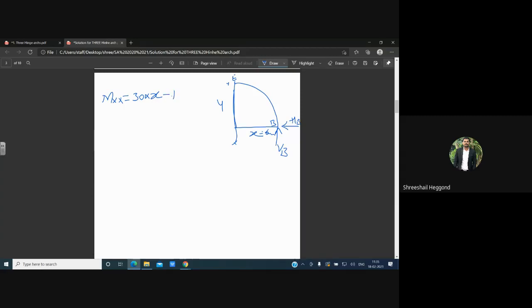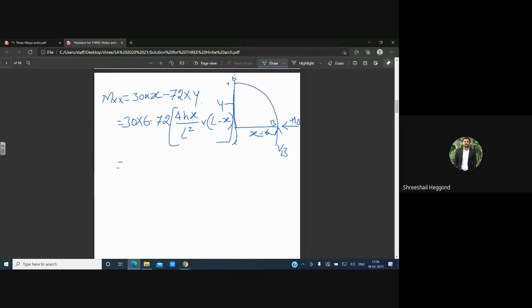That can be calculated as the X value is 6 meter, and the Y value you can substitute from our previous equation, that is Y equal to 4HX divided by L square into L minus X. This is 30 into 6 minus 72 into Y. Y value can be written as 4HX divided by L square into L minus X. Substitute the X value everywhere and find out what will be the value of Mxx for the BC portion.